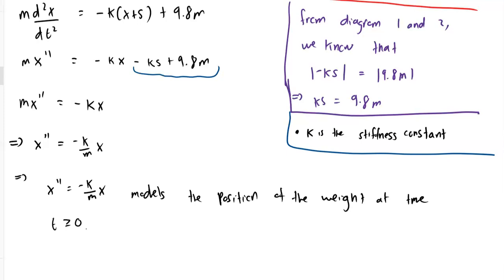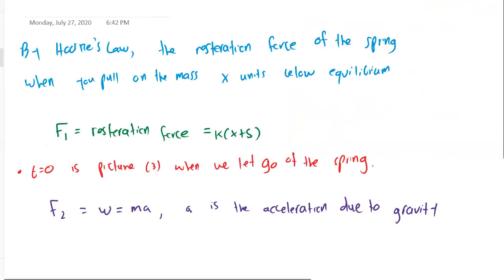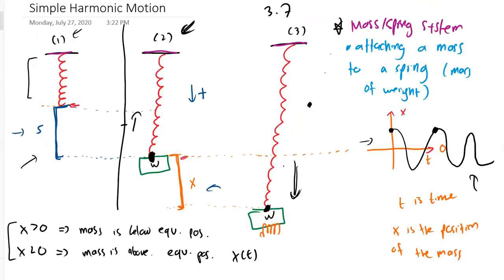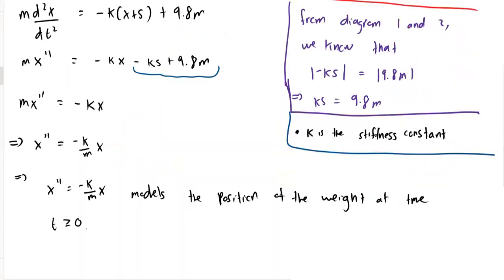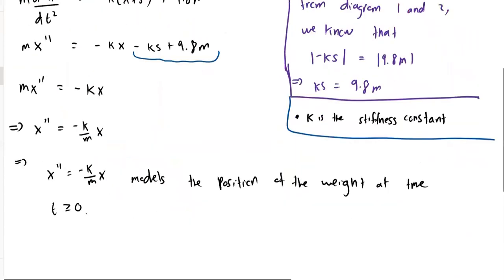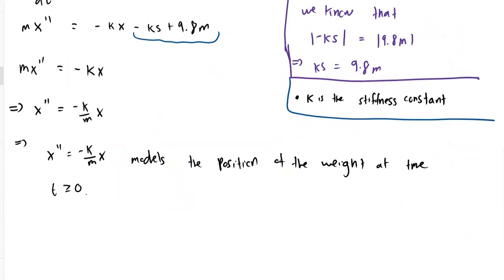And we've derived this differential equation. It's a lot of work because we had to explain how all of these forces interacted in the original pictures. But once you see how the picture works and think about what's going on, the setup of the differential equation comes from Newton's second law and the fact that the total force is equal to the sum of the forces. Okay, so this is the model. Before I finish this video, because it's already a little bit long, but there wasn't really any natural place to stop,